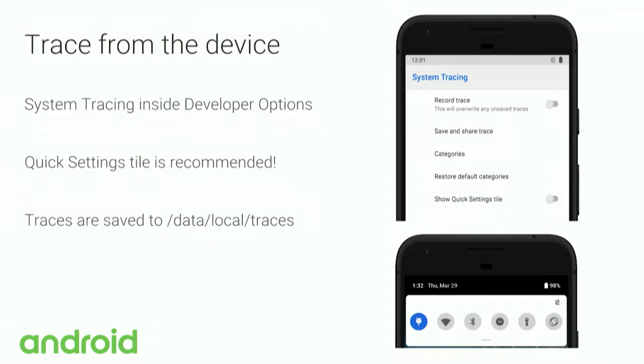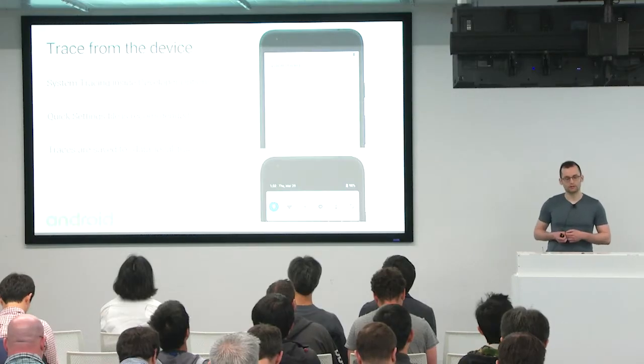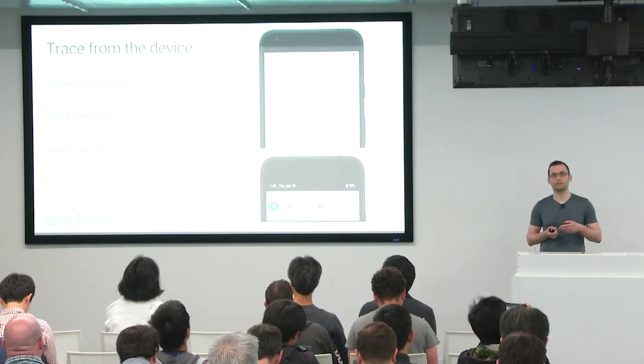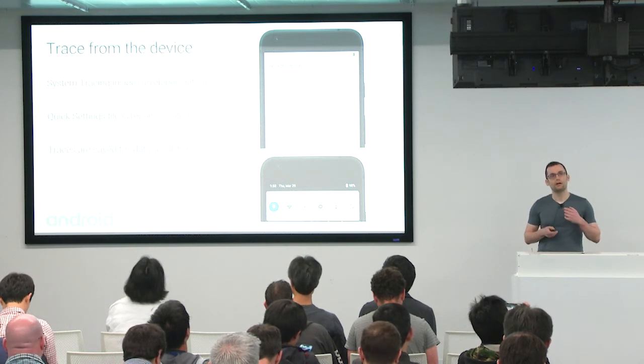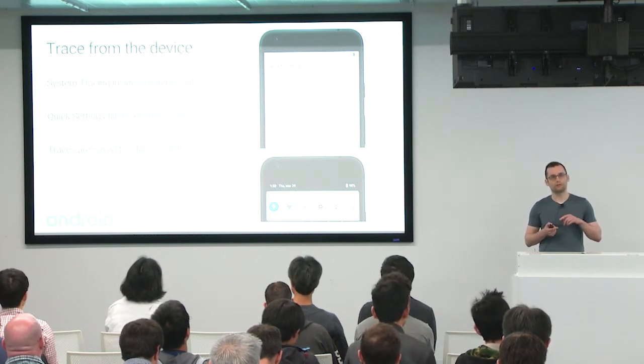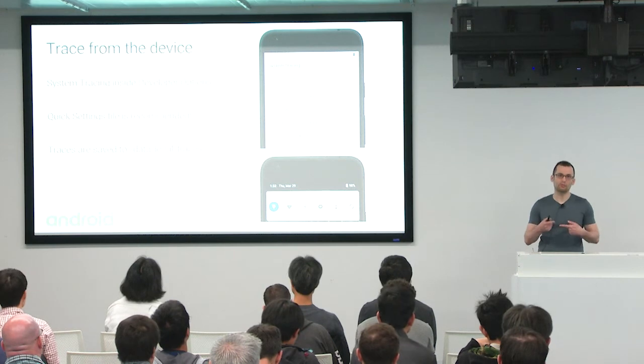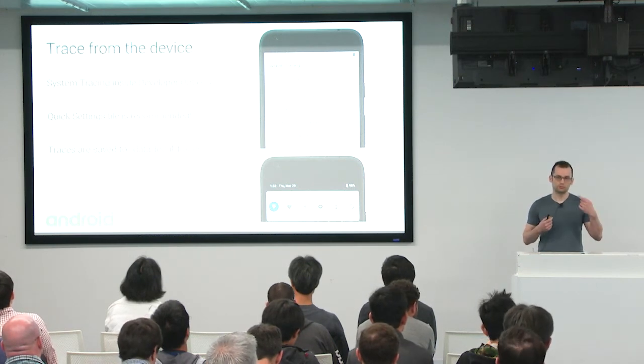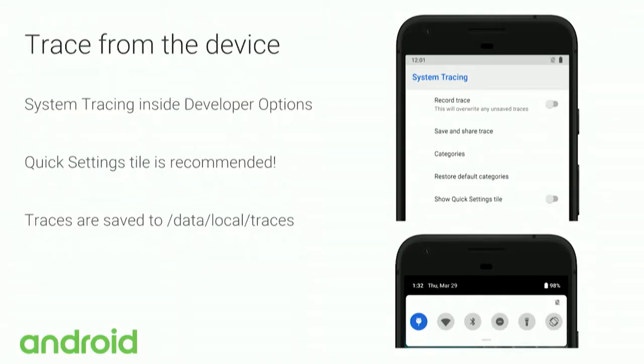The great thing about this is that you turn on developer options, and you get this quick settings tile. Once you turn it on, you can start taking a trace, and it will stream into that in-memory buffer. So you can turn on a trace. It has super low overhead, so you can just leave it on and do your thing and play your game,